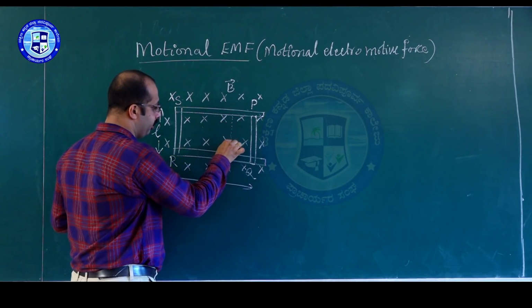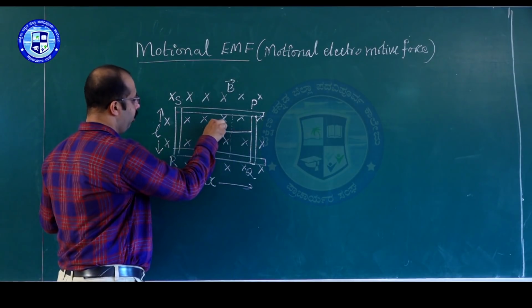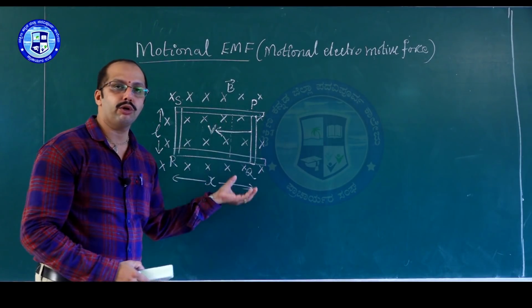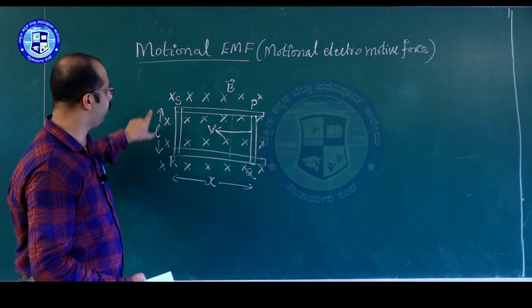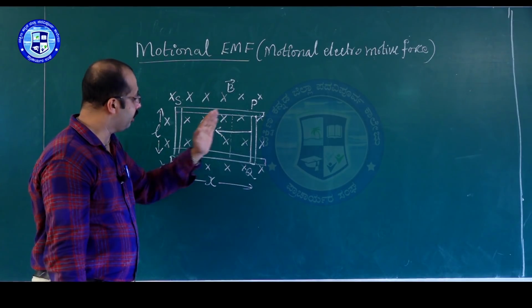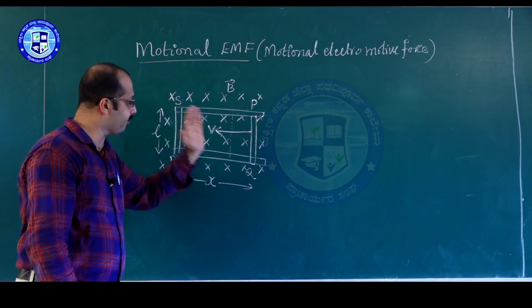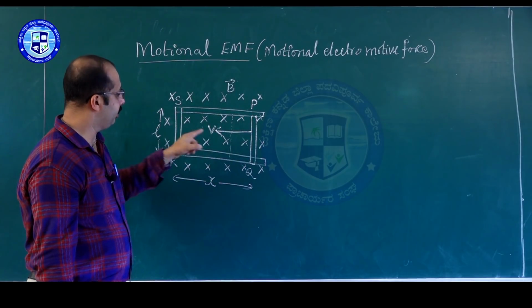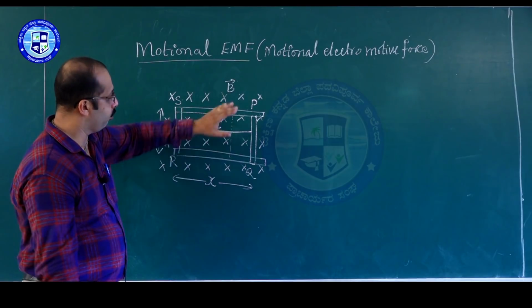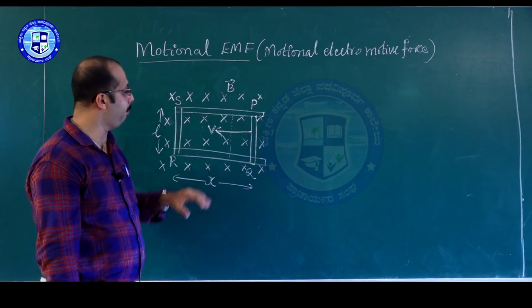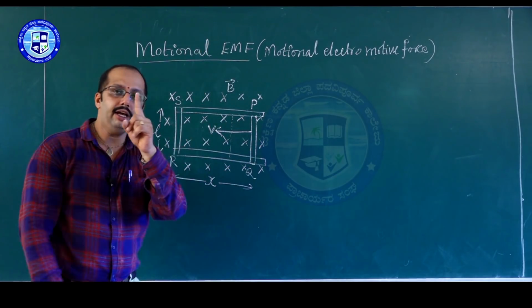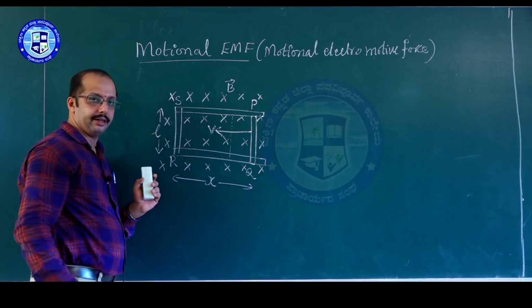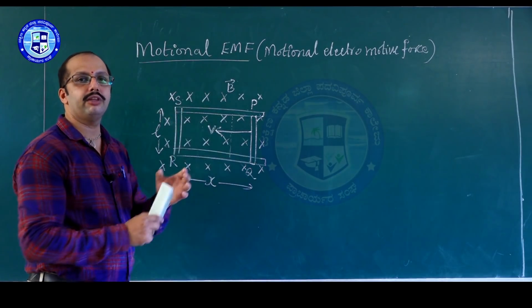If the PQ is moving in this particular direction, we represent that by V. V represents the velocity or speed with which the PQ rod or PQ part of rectangle PQRS is movable towards the left side, from right to left, with velocity V. In this PQRS rectangular frame placed in a uniform magnetic field, the area is represented by length into breadth, RQ and SR.